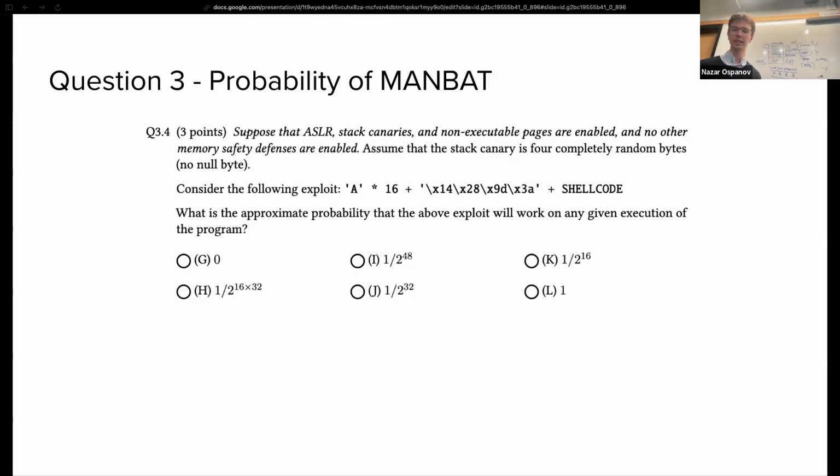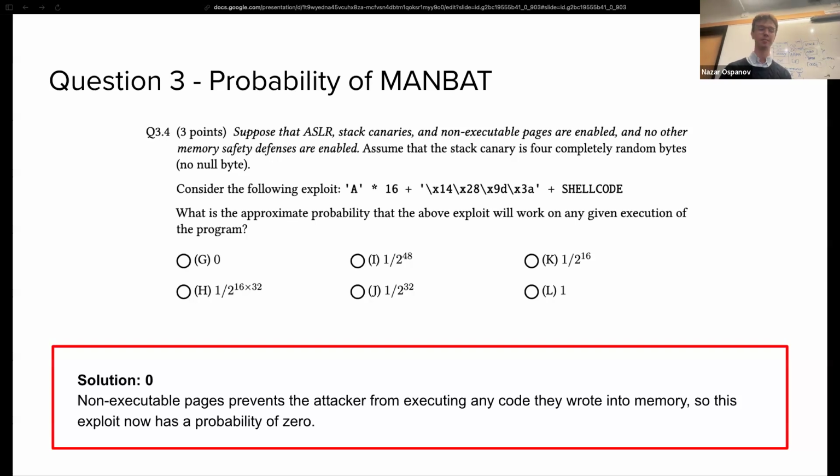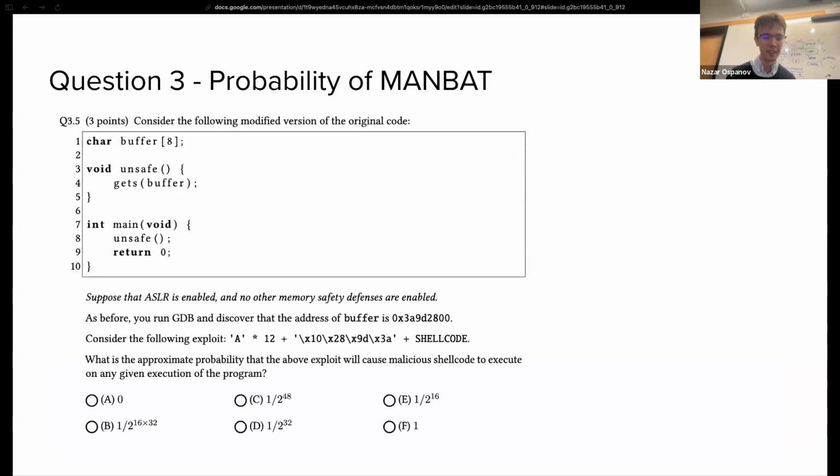And so I guess knowing that, does anybody know the answer to this question? Yes, the answer is 0, because the RIP lives on the stack and we cannot execute the stack. Yeah, so now in the interest of time,